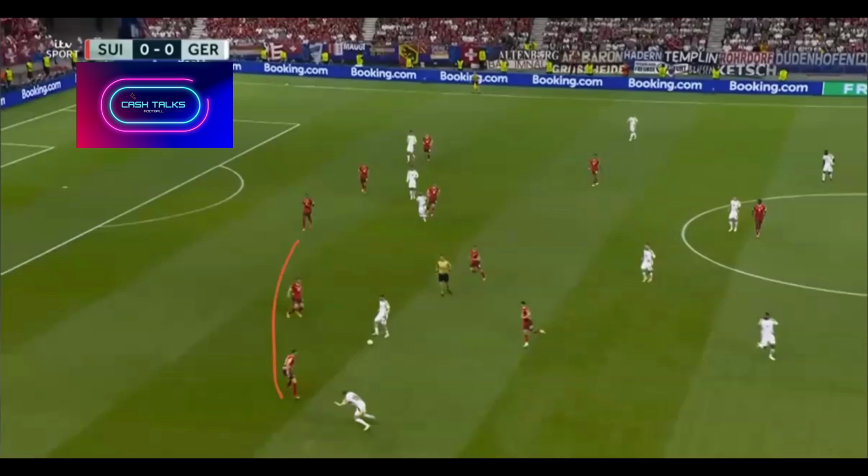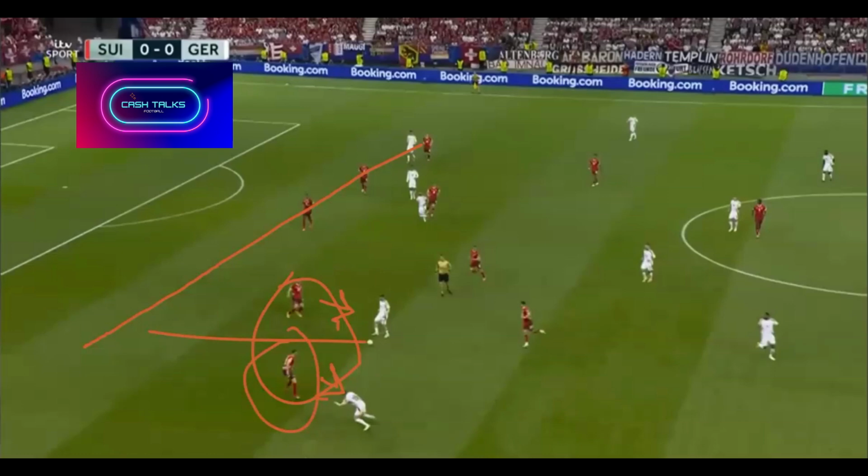But the first point I want to show you on the build-up to the disallowed goal is this pocket of space. Let me just get rid of those lines because that's terribly drawn, Cash, and how they've made this. So there's their line, and both players, you can see, have got pulled out of position ever so slightly, and what's ended up happening is he's got too close and enabled this ball into this space for them to exploit and get the ball across the goal mouth in the first place.